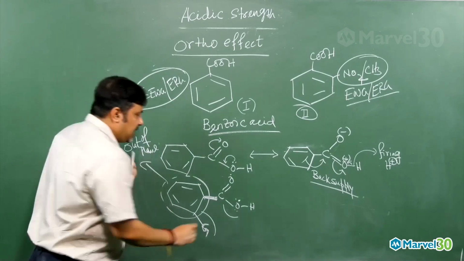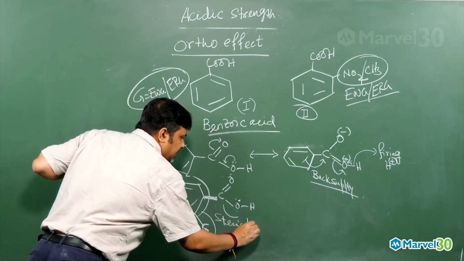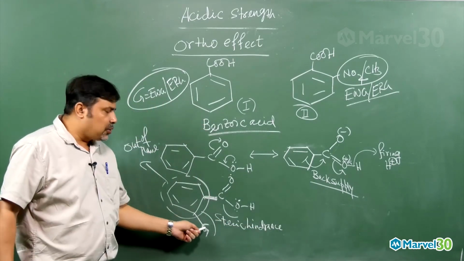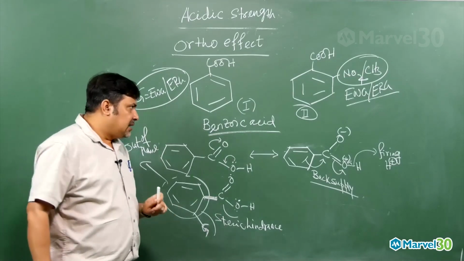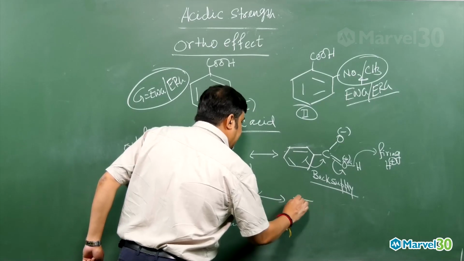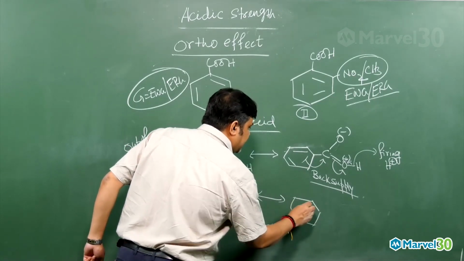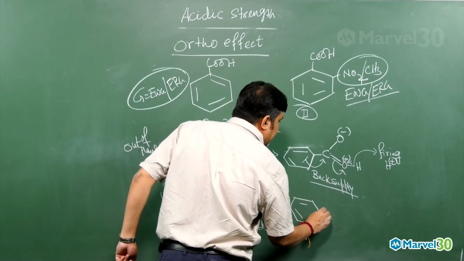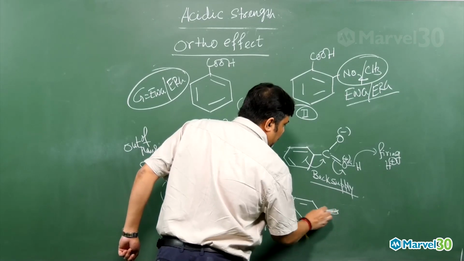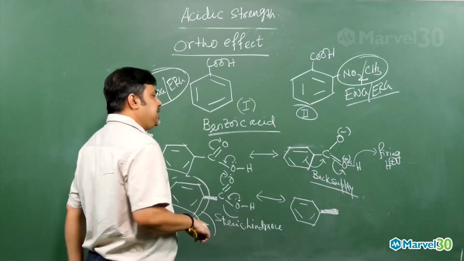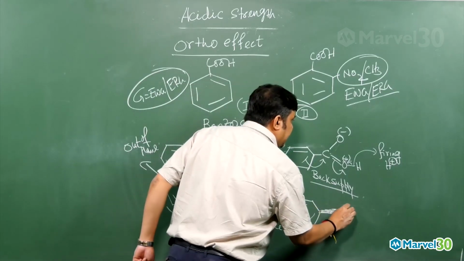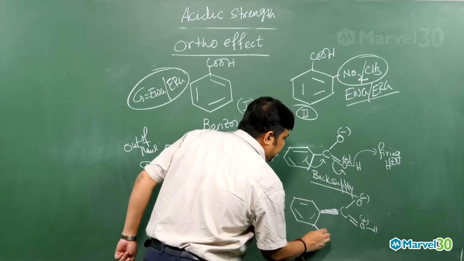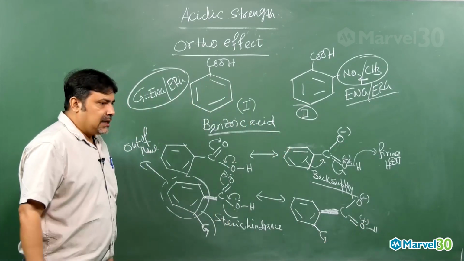Because of this steric hindrance, which is there because of the group ortho to COOH, then immediately you will get this structure over here. After this resonance takes place, we get a structure like this, and this bond will be a solid bond, the benzene ring will be out of the plane, and then this will be minus and this oxygen will be plus, and this G will be there over here. Now the question is,